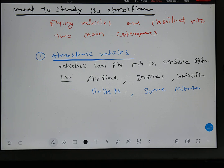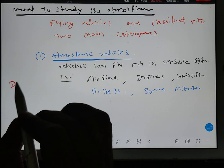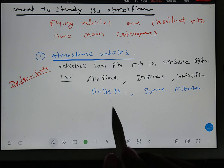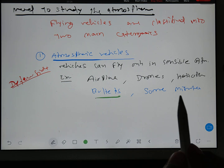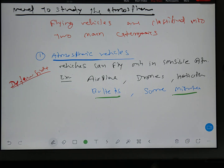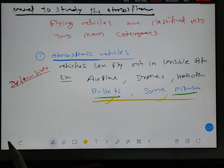I hope you understand why I am taking the example of missiles and bullets also. See, if students have an interest in the defense side, if you want to do a job or study about bullets, missiles, types of bombs, guns, there is an institute in India that works especially for these kinds of studies. You can also do your master's degree in these studies. But